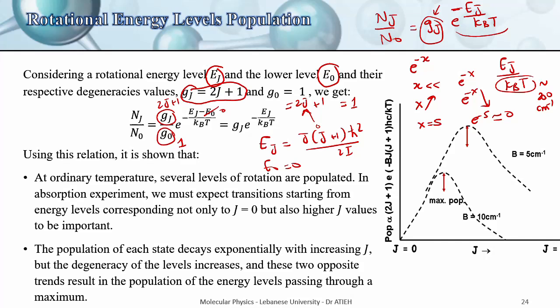The second note says the population of each state decays exponentially with increasing J, but the degeneracy of the levels increases, and these two opposite trends result in the population of the energy levels passing through a maximum. As you can see, Gj always increases. The exponential part will decrease. So there are two effects opposing each other, one increasing, the other decreasing, which results in a maximum. So that's why when we look at the rotational spectrum of a molecule, we observe a maximum in the intensity of